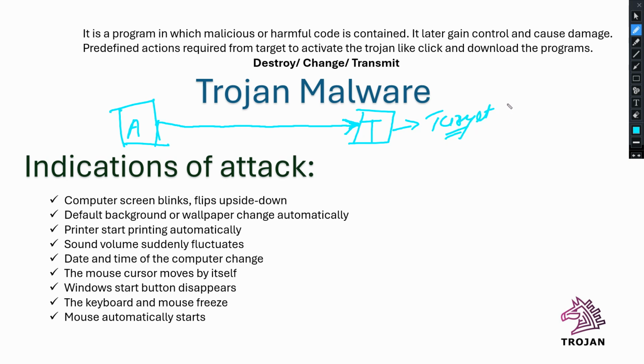Okay, we need to trick it like this. If there is a link, then this user has to click on this link, and then the Trojan program will get downloaded into the systems. Knowingly and unknowingly, if they click